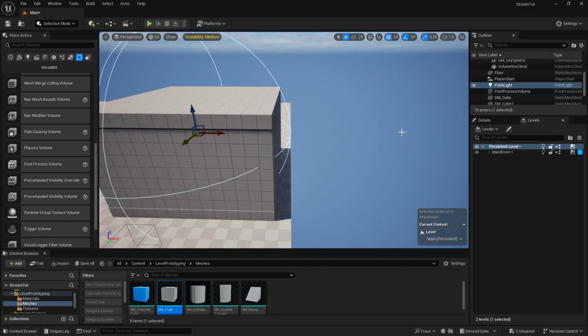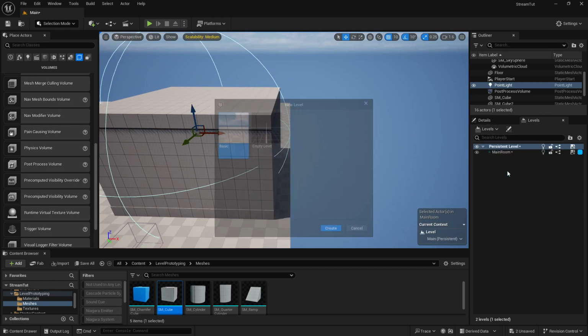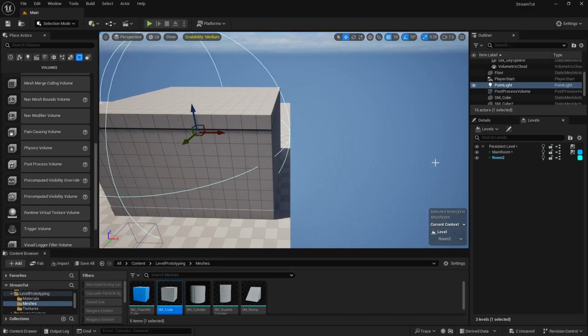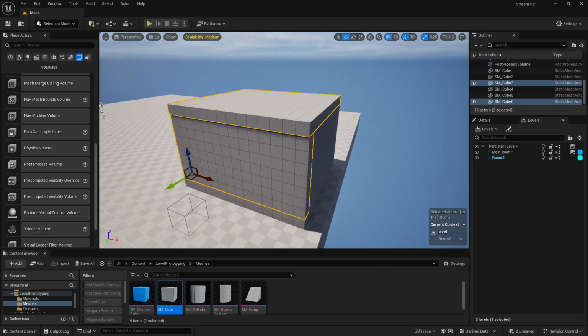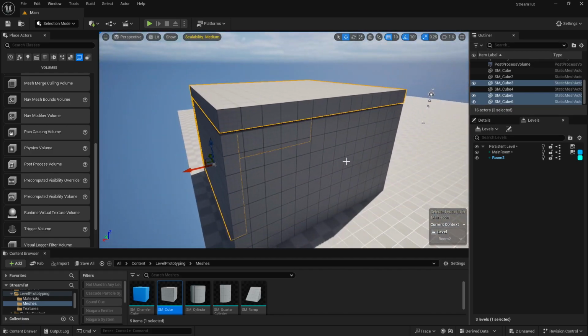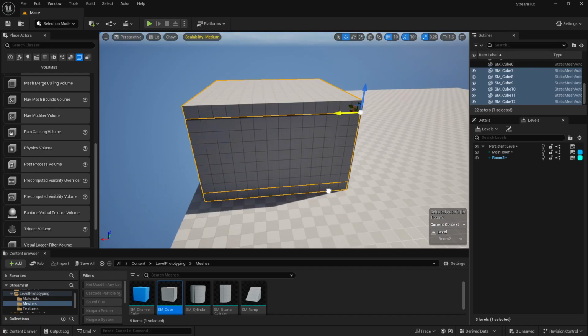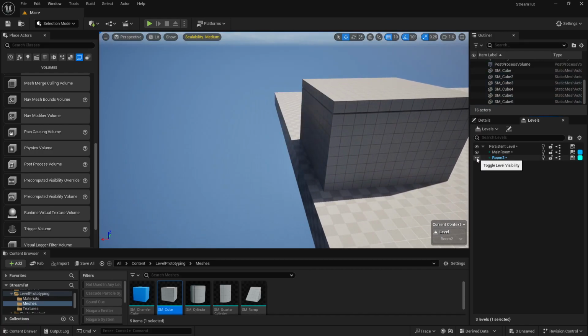We can create another room. So I'll create a new level, create new, empty, and just the same way, I will say room 2. And what's really cool about doing stuff like this is when you're editing, if you're under the right context and you duplicate something, so I can just take this entire room exactly as it is. Holding Alt, I can drag it over,